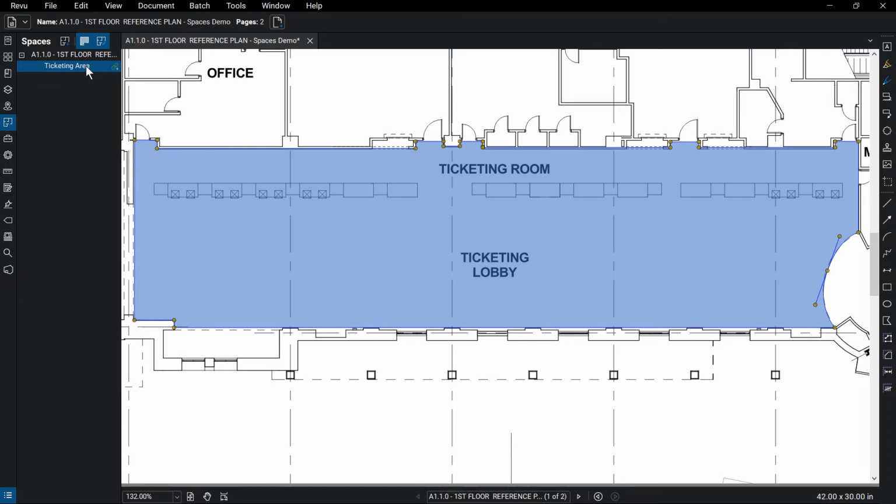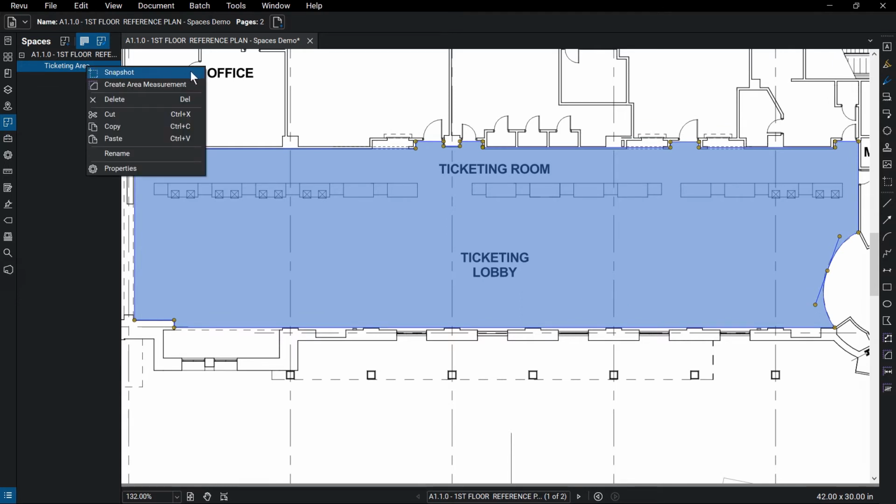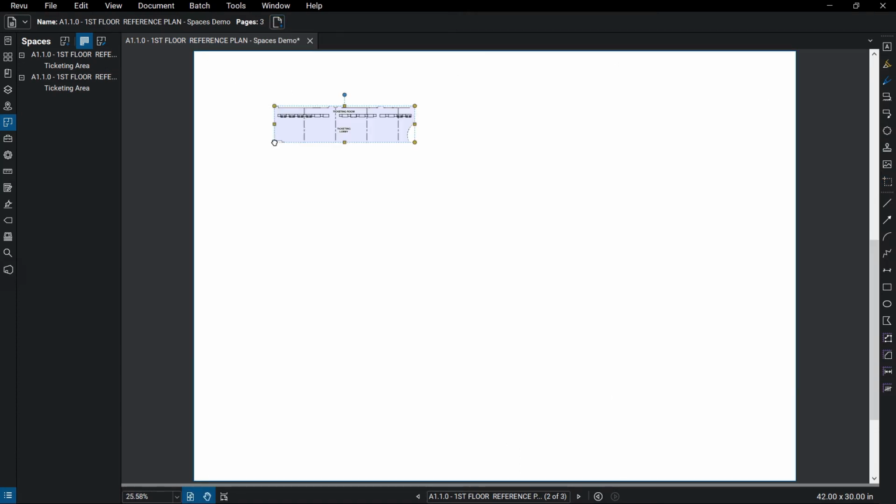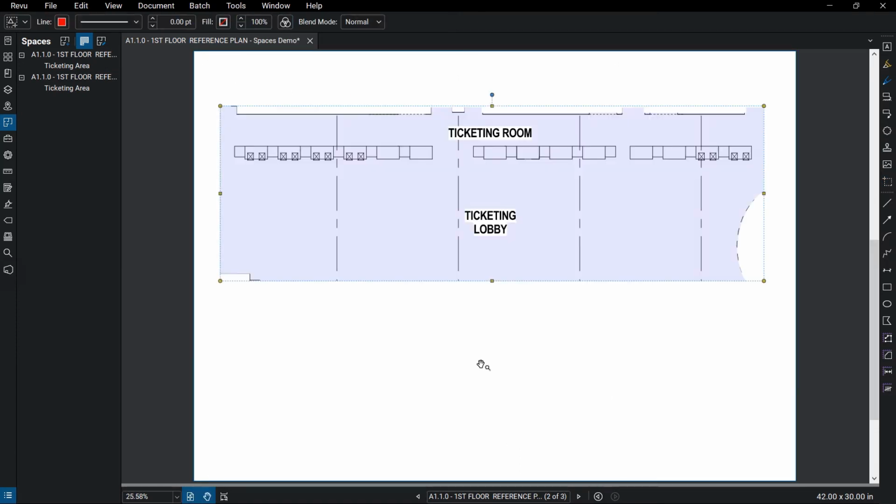Right-click on a space in the Spaces panel and you will be presented with a few options. Snapshot creates a direct copy of the region the space occupies and keeps it connected as a space. You can paste this on another page and scale it up to make it easier to mark up, while doing a punch walk, for example. The snapshotted space will have the same name as the original, and therefore any markups added to either will apply